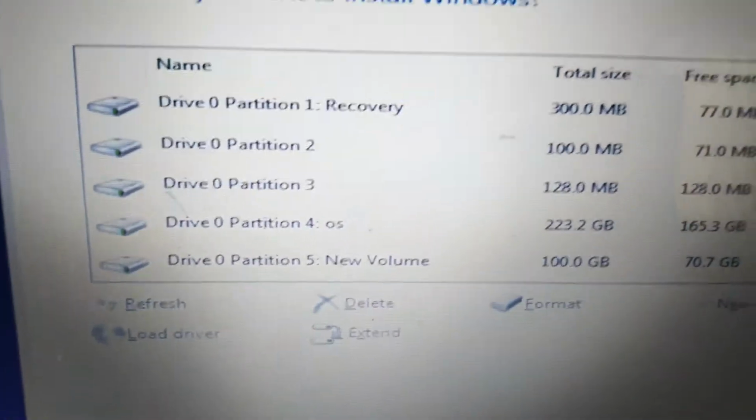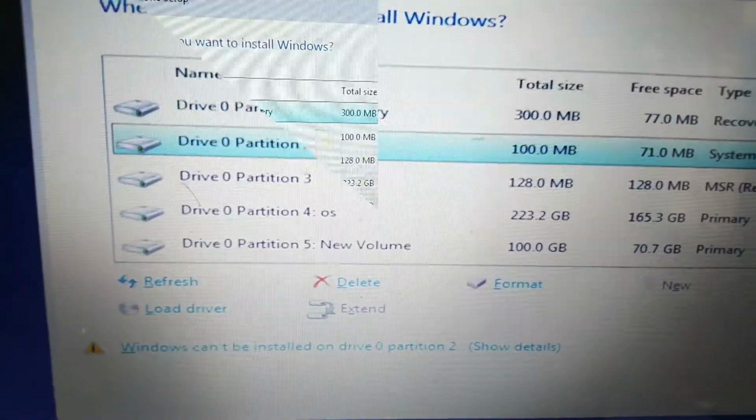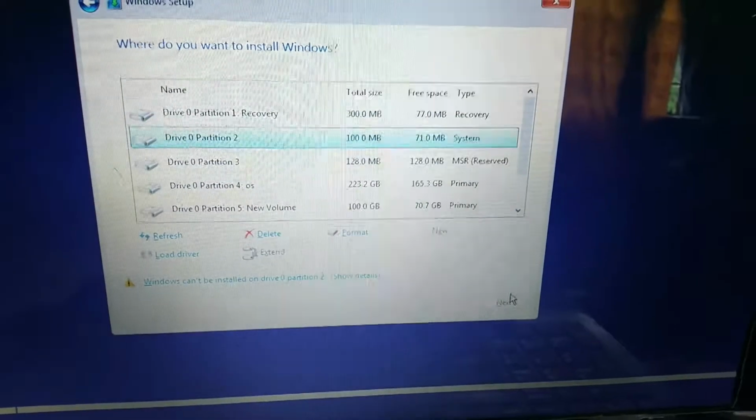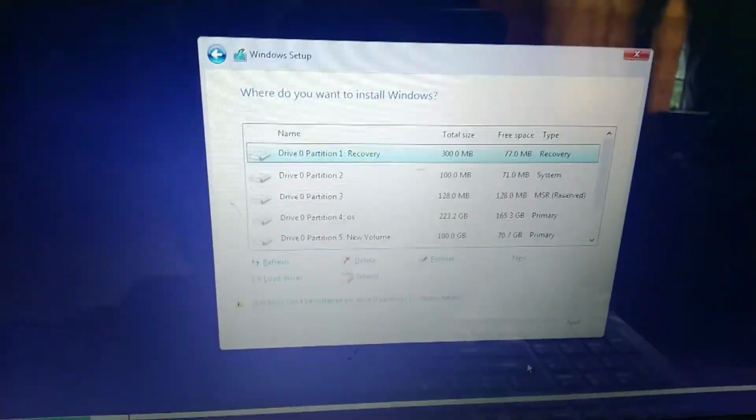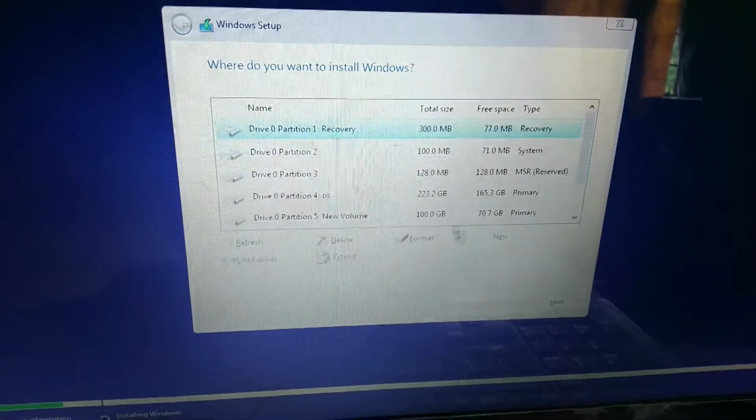And then here is your partition. Depending upon the requirement, you can go with this. Now this is the place where we will make the partition. First we have to delete all the system partitions of the C drive.